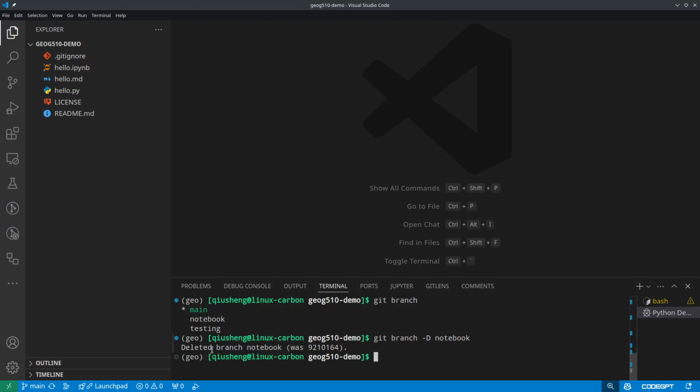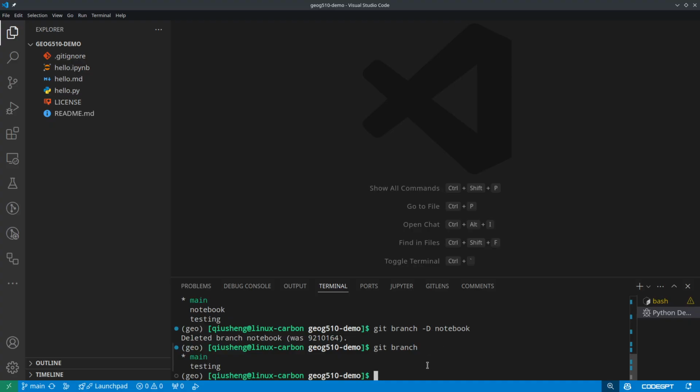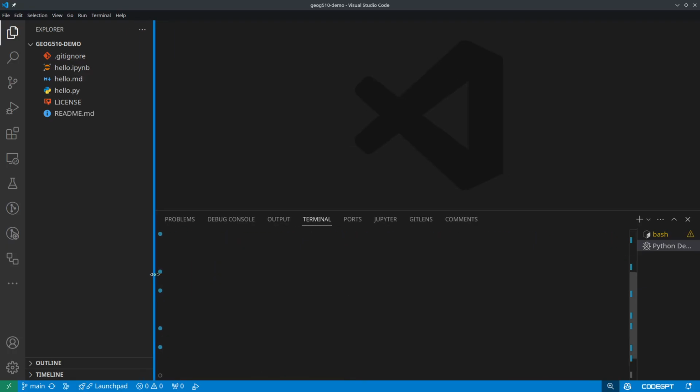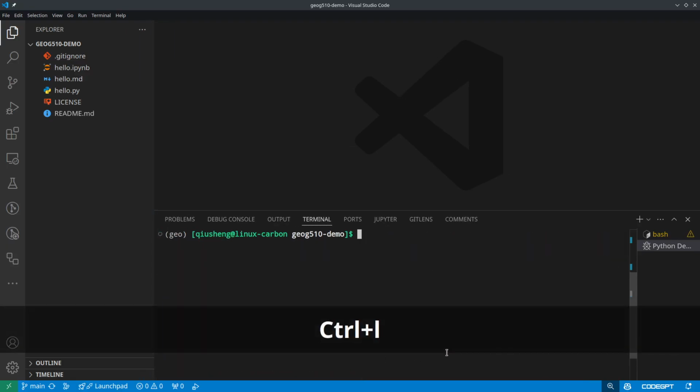Okay, it says DD branch notebook, and then it should be gone. So I can git branch again. Now I only have 2. If you have more than 10 branches and you want to delete them all at once, you don't want to do them one by one. You can also do it